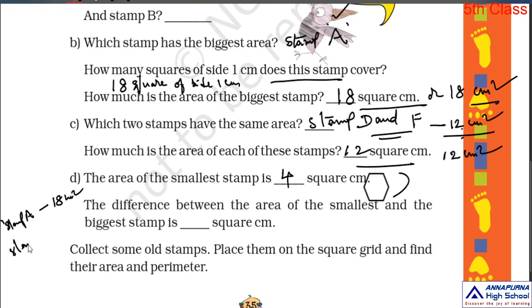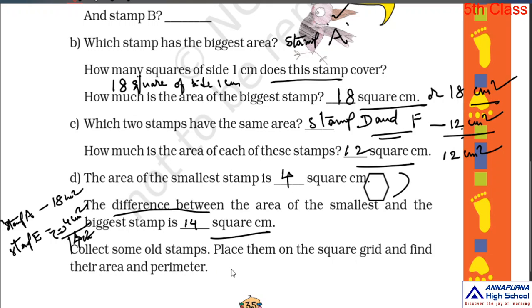And stamp E is 4 centimeter square. Here he is asking the difference between these two. Difference means subtract it. Find the difference. 18 minus 4, how much? 14 centimeters. Therefore, the difference between the area of smallest and the area of biggest is how much? 14